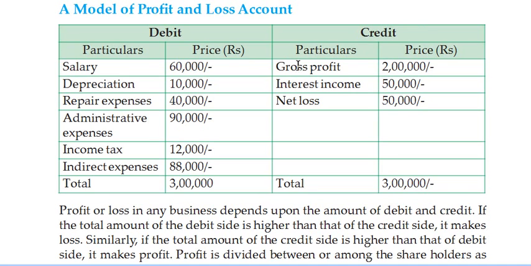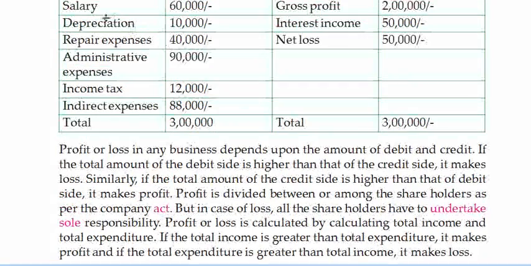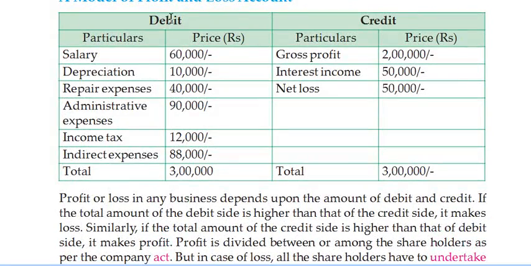And then in credit, you can see gross profit, then interest income, then net loss. So profit or loss in any business depends upon the amount of debit or credit. If the total amount of the debit side is higher than that of the credit side, then it makes a loss. Now you can see, debit means the expenditure side, credit means the income side. So whenever the debit side has the higher total value,